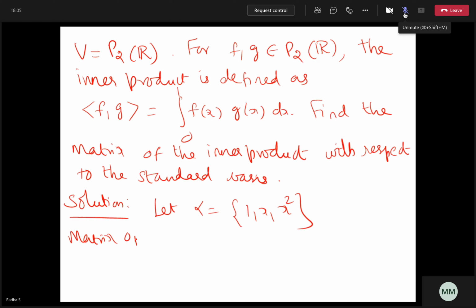We'll write first and then proceed. Matrix of the inner product. Shall we give some name to each of these terms? Let f1 be 1, f2 be x, f3 be x square. You have to know what the matrix is, that's all. Instead of v1, v2, v3, here I'm giving f1, f2, f3 because these are all functions. So the matrix of the inner product is, tell me, A is equal to,